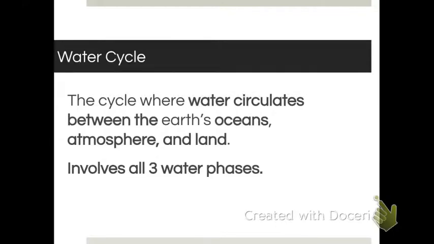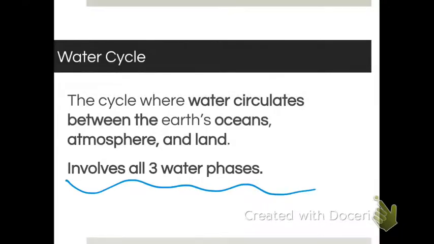So the water you have on the ground was once in the sky, and once it's on the ground, it's going to go back up into the sky, eventually back up into the atmosphere. The water that's on the land, if it doesn't go to the atmosphere first, will eventually make its way into rivers and oceans. So it's always constantly going around and around and around. And the way it can do that is because of the three phases that water can be in.